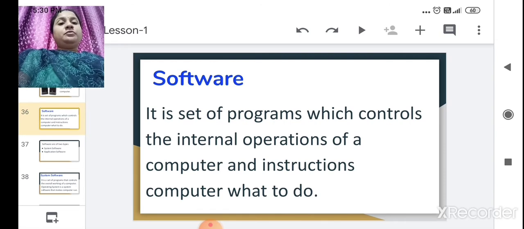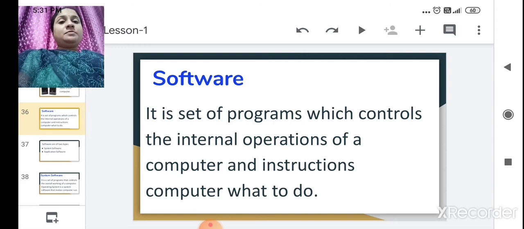Suppose we give any input, this software will tell the computer what type of input we have given, and that we have to perform a certain operation and give an accurate result. For example, if we give two numbers and an addition symbol, the software will tell the computer that we have to add these two numbers. It will start the operation, add the two numbers, give the accurate result and display it on a monitor, on a screen.